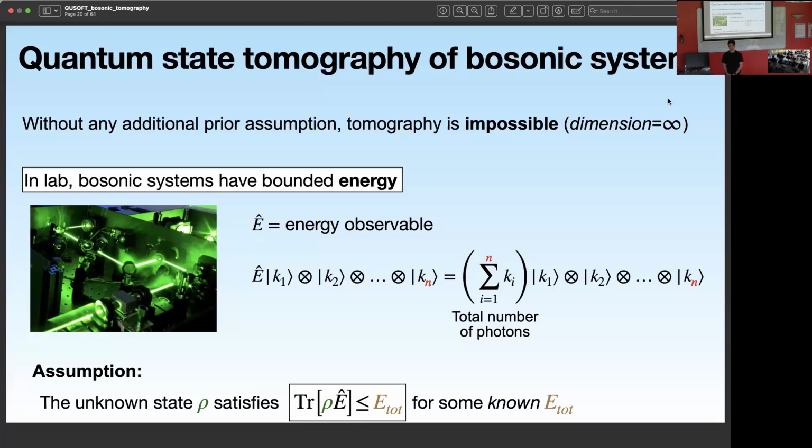If this is a bound on the energy, then we can reduce this to finite dimension, right? No, it's not. There exist states that are not finite dimensional. Yes, but the tail can be truncated, right? I think that's going to be the argument. Yeah. For example, coherent states have support on